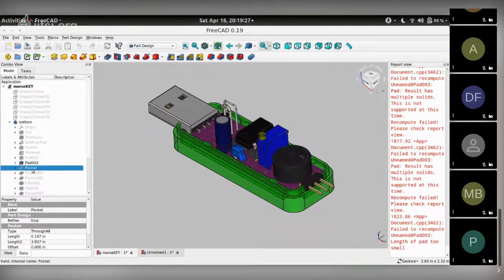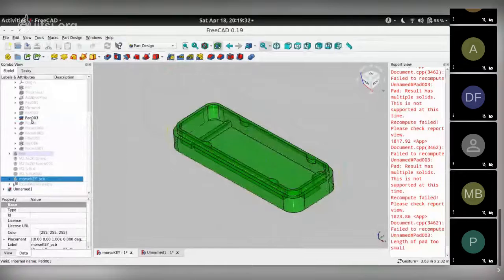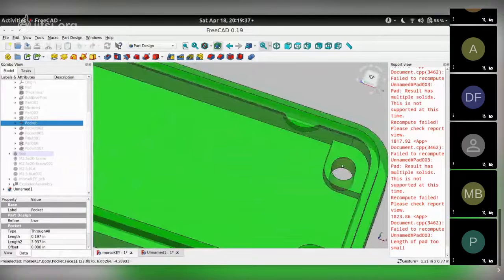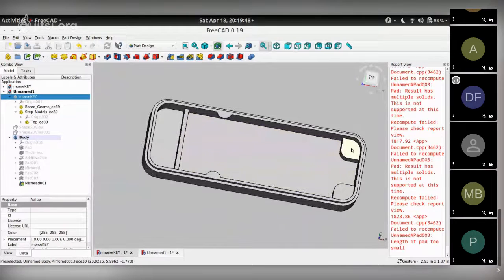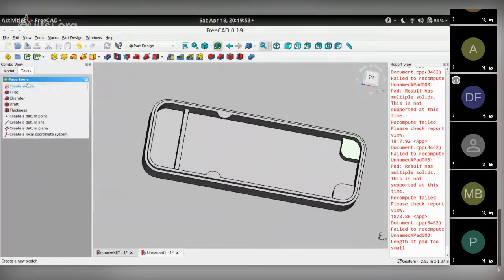The next thing was to, let me hide this, was to make these pocket holes over here. So pockets are like extrudes, but negative. It works the same way. You create a sketch on a face and then make a pocket. So let's choose this face, go to task, create a sketch,